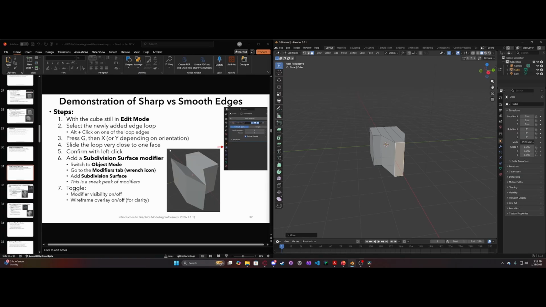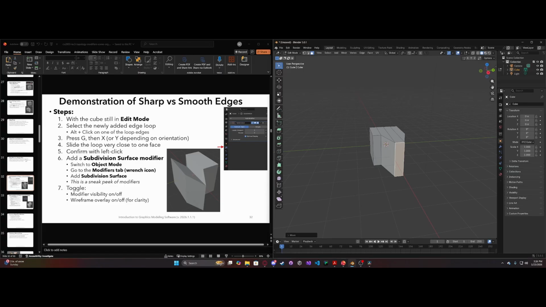cleaner models. So let's take a look at sharp versus smooth edges, okay? So we still have our cube here selected, and we're in edit mode. So I'm going to make sure the cube's selected. We're going to go in edit mode. What we can do is we can select the newly added edge loop. Okay. So the way we do that is we alt click, right? We need to be in edge select. So we'll hit 2 and we'll alt click on our loop here. And you can see that the loop is selected from the yellow lines and the white line here on this